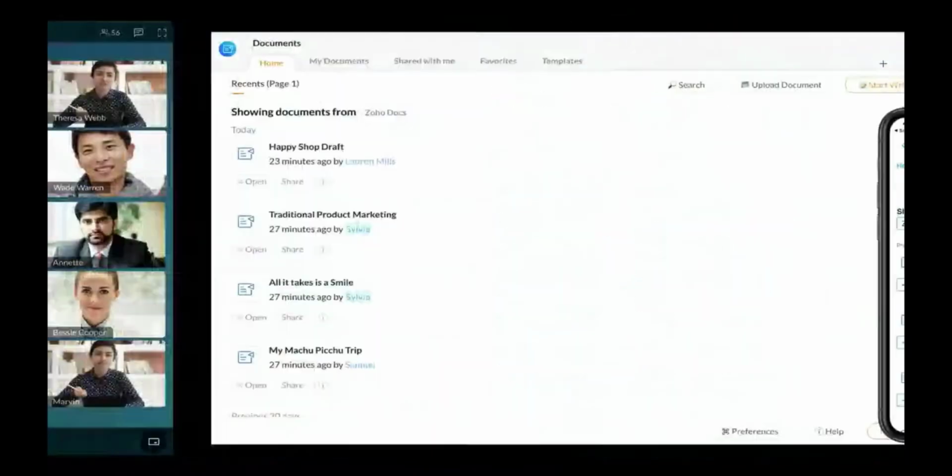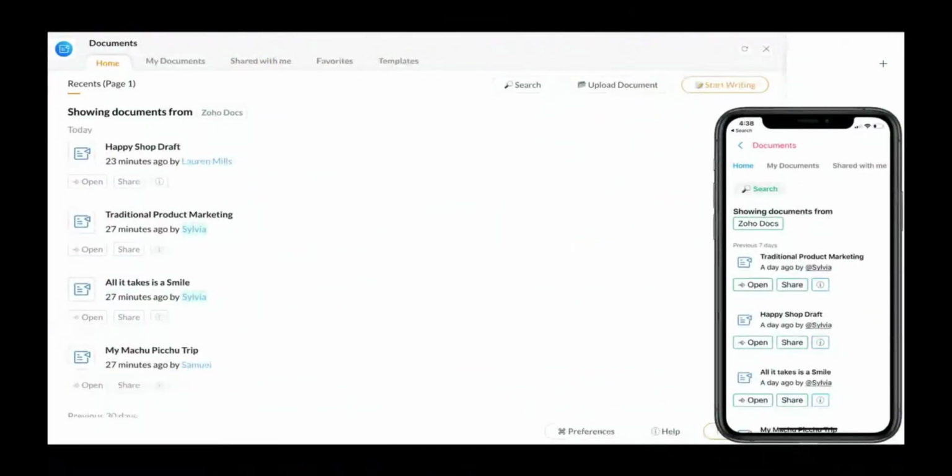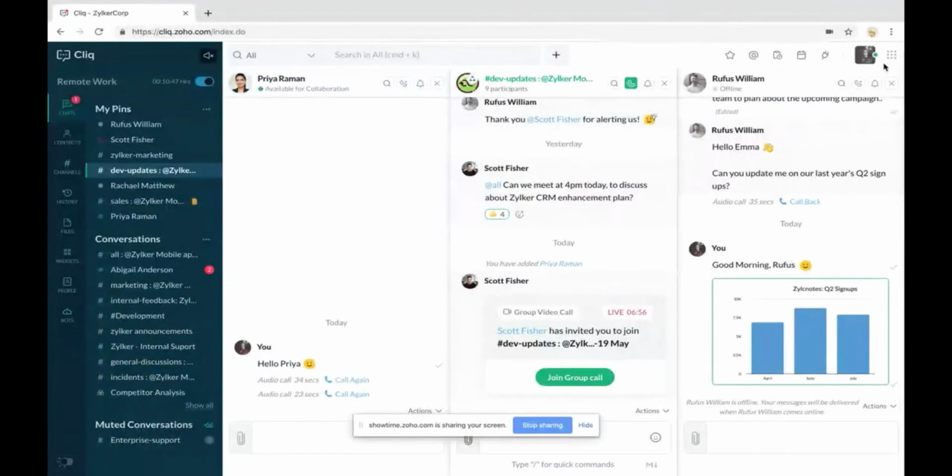So let me just quickly move and show you how the Documents widget will look. By using the Documents widget, you can open a doc, share it, edit it, create a new one, and start writing everything just from within the Click window. There's no need for you to switch tabs and go to your work drive for performing actions like these. You can instantly invoke an action by using integrations for Click, and widgets help you do that. So widgets in Click that we saw up is our 14th feature.